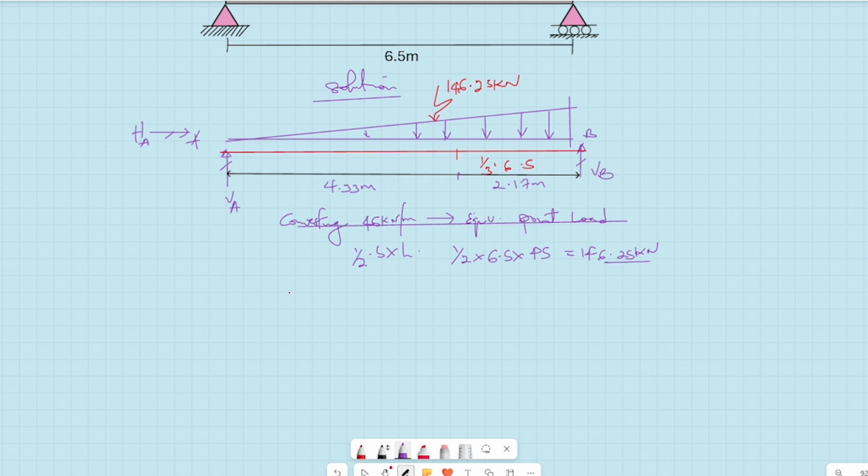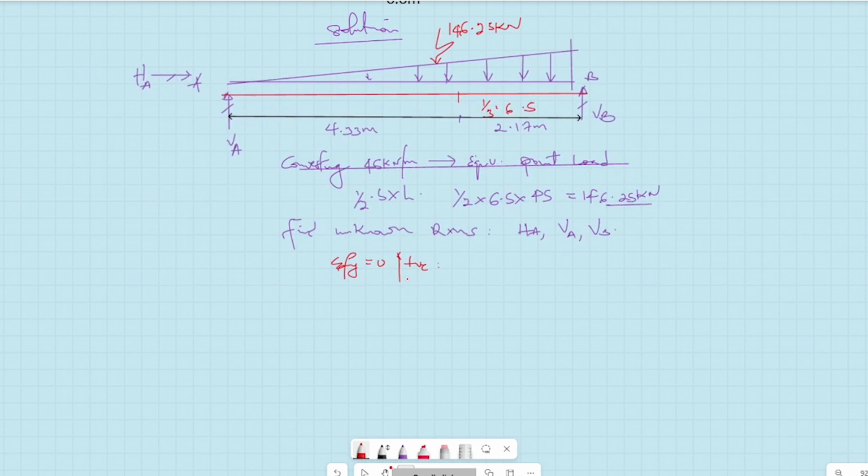So having done those, we need to find the unknown reactions. We have our HA, our VA, our VB. When you look at this structure, it's statically determinate. That means we can get these reactions from three equilibrium equations, which are summation of Fx equal to 0, summation of Fy equal to 0, and summation of moments about a point equal to 0. First of all, let's solve for the vertical reactions. When we say summation of Fy is equal to 0, upward positive, we have vertical reactions VA plus VB, then minus 146.25,